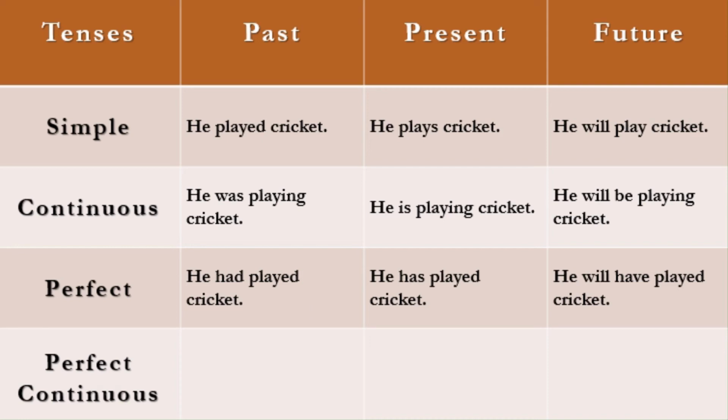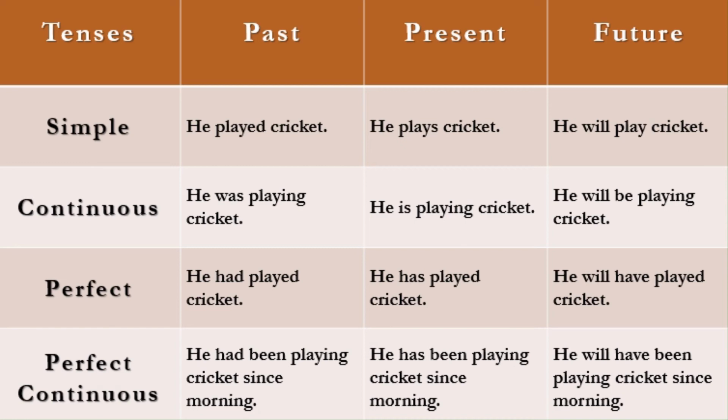And then the last row, that is the perfect continuous. Again, ing form, not much difference. Yes, one more thing here, in the perfect continuous, we are using this time frame, here in this case I have written since morning. So for the perfect continuous, mostly the time frame is used, and that actually makes a proper sense of the sentence. So we have just used the time frame since morning, or for so and so days, or we can use any time frame over here. And the rest of the sentence with a little bit of difference.